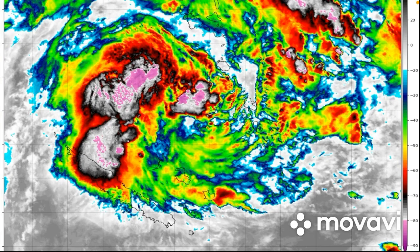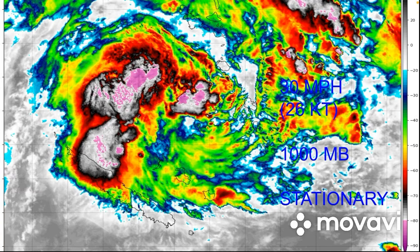Alright guys, welcome back to the second update on 92P, which has now got a low level circulation forming, and you can see that very clear circulation starting to form on 92P. It will most likely get named tomorrow, actually, as the system is looking very good, and the Fiji Meteorology Department is expecting a Category 1 landfall on New Caledonia. But the system could really miss New Caledonia as well, but is expected to bring heavy rain to Vanuatu and New Caledonia. Currently with winds of 30 miles per hour, that is 26 knots, a pressure of 1000 millibars, and